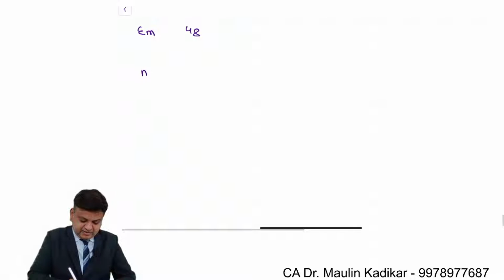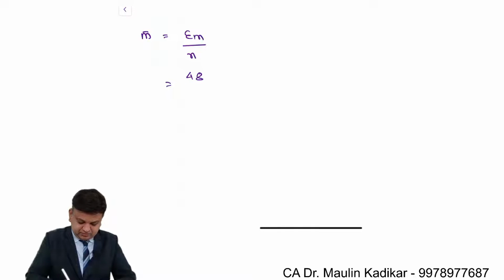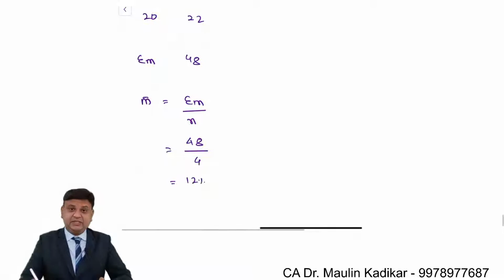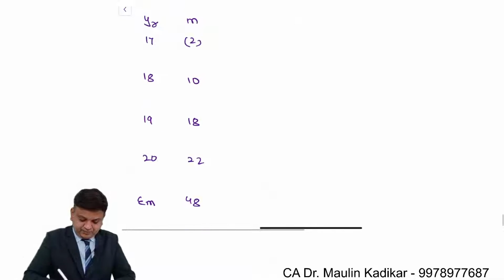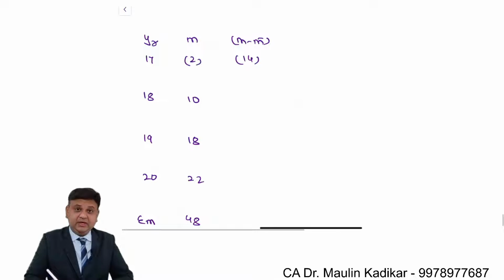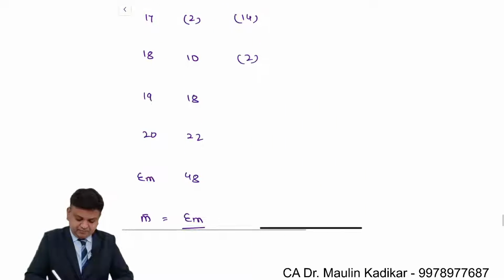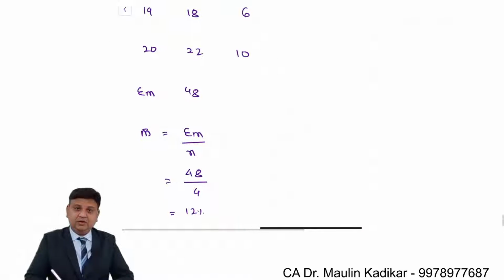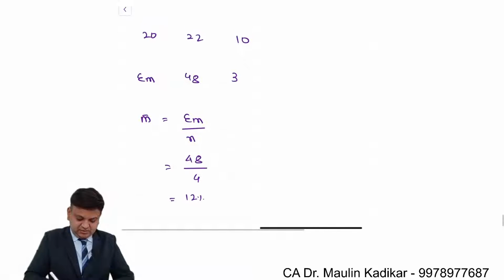Now based on this, M bar can be calculated. It is summation M divided by the number of years. So 48 divided by 4. That comes to 12%. That is M bar. Then we calculate M minus M bar. So -2 minus 12 comes to -14. 10 minus 12 is -2. 18 minus 12 is 6. 22 minus 12 is 10. 48 minus 12 comes to,